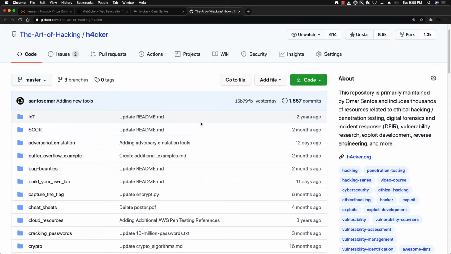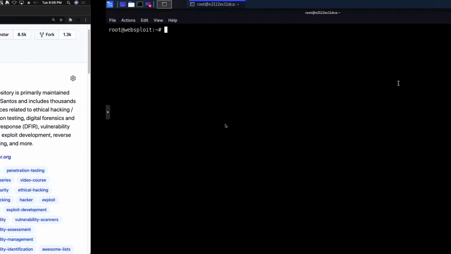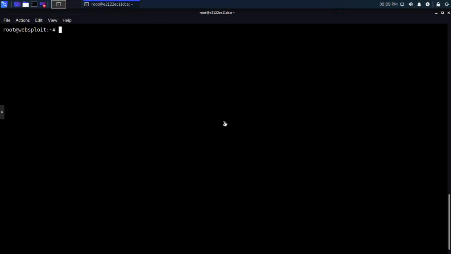The last time I updated it was yesterday, but I put new information here pretty much on a daily basis. So again, I strongly recommend you become familiar with this GitHub repository, and within the WebSploit environment, that install script will download, or clone, which is a better word, it will do a git clone of that